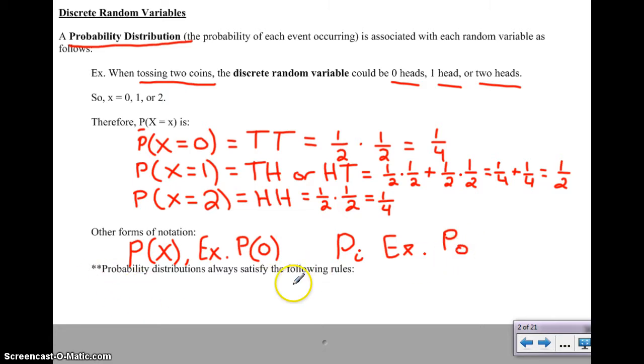All right? So if I use i as my iterations, if I take the sum of all my probabilities added together, they should always equal 1. So every single time that I do a probability distribution, it should always sum to 1. What you're also going to notice is that every single probability is always between 0 and 1. I guess they could equal 0 or equal 1 as well, because there could be a 0% chance of something occurring or a 100% chance of that outcome occurring. But they're all between 0 and 1 because they're all going to add up to make 1. So you're never going to see a probability listed as higher than 1. They're always going to be a fraction or decimal. All right?